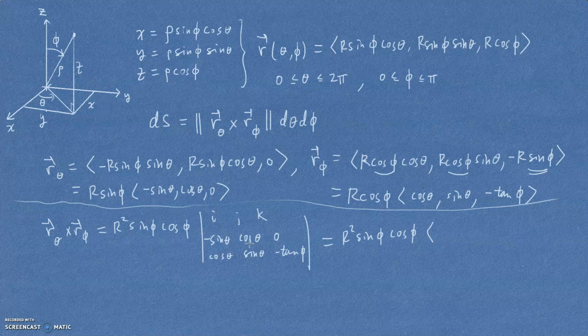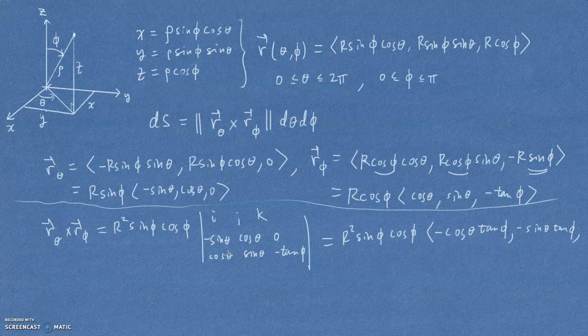let's see, when you do this cross product, what do we get? For the i component, I'm going to get negative cosine theta tangent phi minus 0. For the j component, I'm going to get, let's see, sine theta times this minus that. But remember, when we're doing the j component, we have to negate, so that's actually going to be negative. What's that make? Negative sine theta tangent phi. All right, running out of room there, so let me write it down here. For the k component,